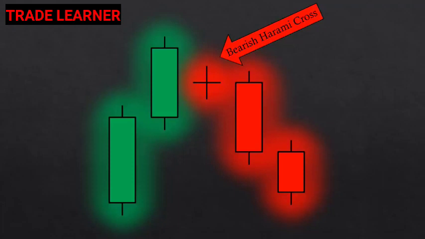Next, we are going to study two reversal patterns that involve prominent gaps between the first and the second candlesticks. The first of these two patterns is called